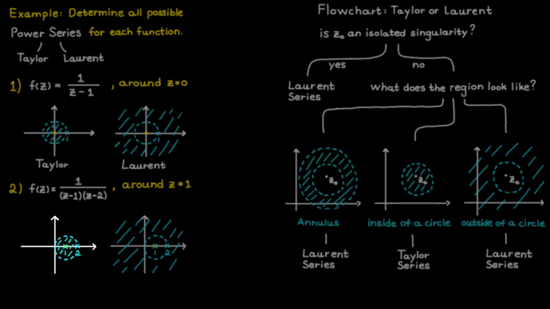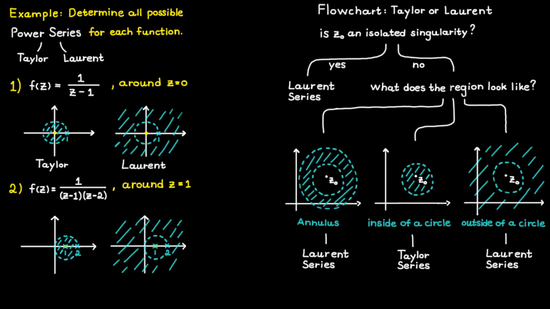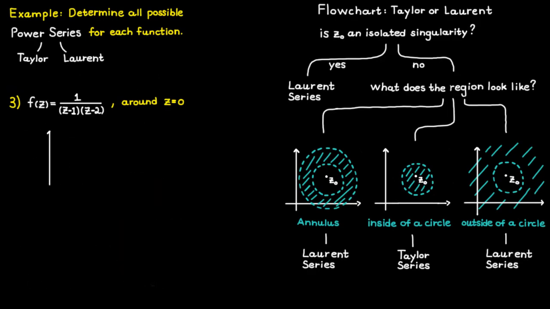And if we now use our flowchart for our first region, we can note that the point of expansion, c0, is actually an isolated singularity for a function in this case, which means that we will end up with a Laurent series, and we will actually get the same results for the other region, since the point of expansion is still an isolated singularity.